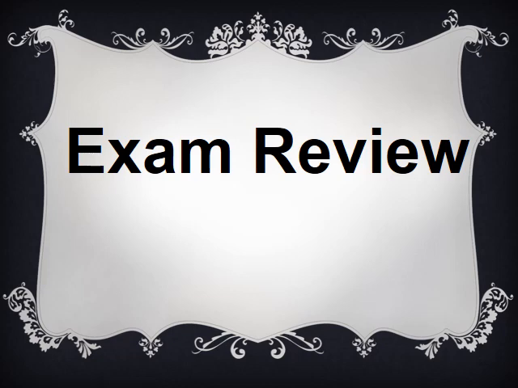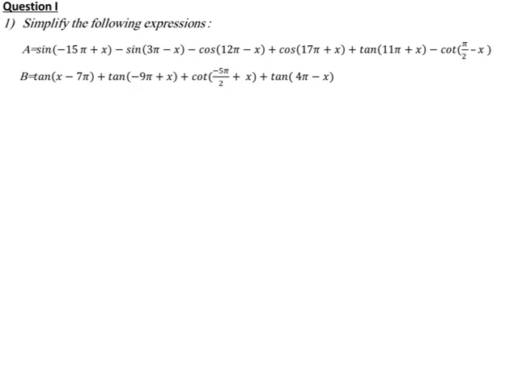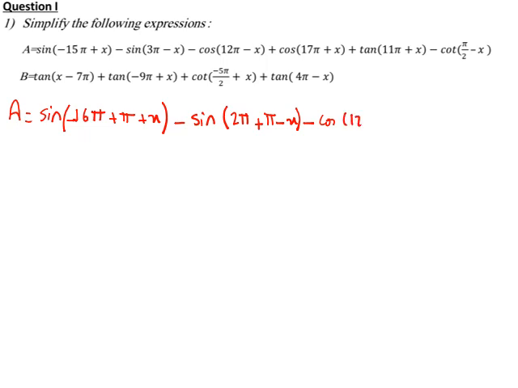Exam review. Question 1. Simplify the following expression. A equals sine of minus 15 pi plus x, it is minus 16 pi plus pi plus x, minus sine of 3 pi minus x, it is 2 pi plus pi minus x, minus cosine of 12 pi, 12 pi is 2k pi,